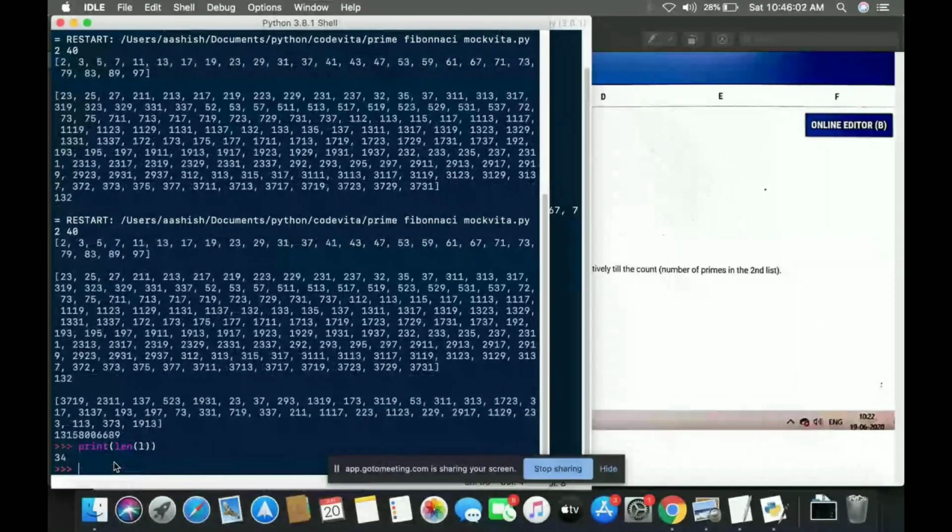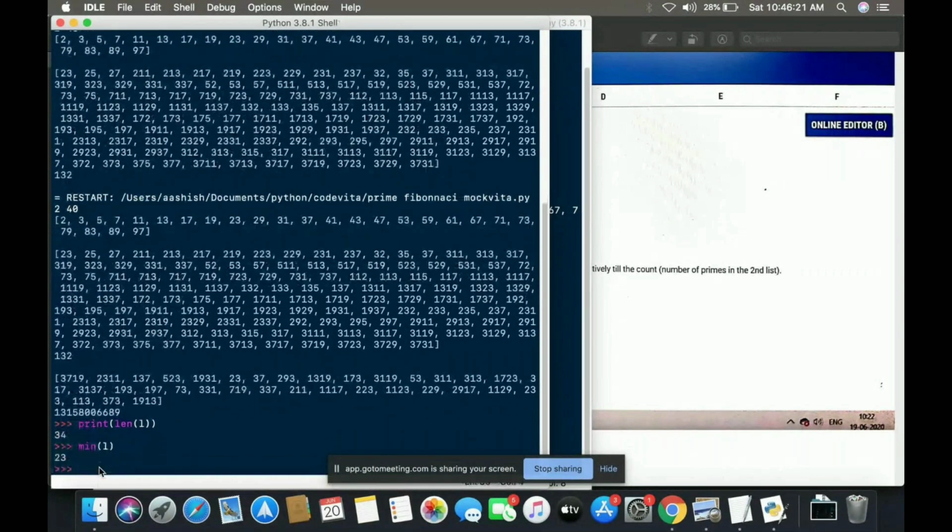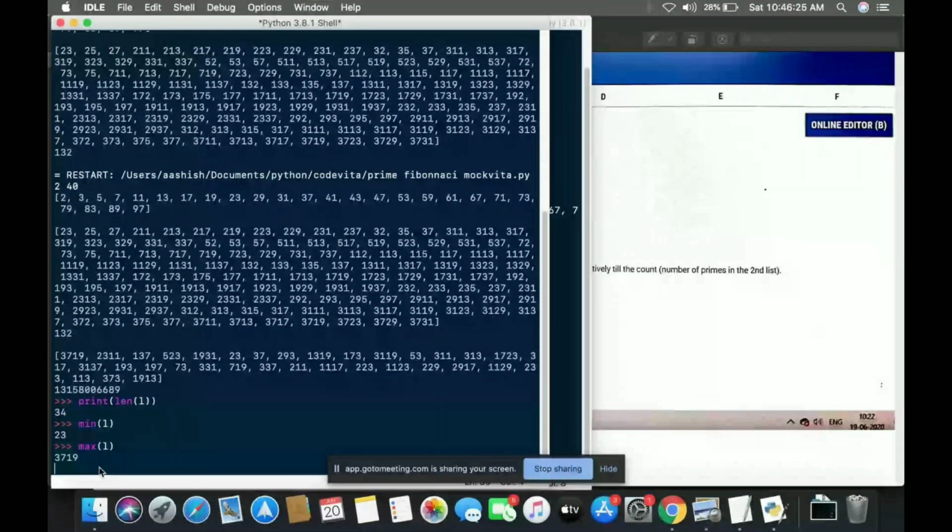Out of 132 numbers, there were only 34 primes, which are 3719, 2311, 137, 523, 1931, 23, and so on. Out of these 34 numbers, I have to find the minimum, which is 23, and the maximum, which is 3719. So 23 and 3719 are my new terms, which I'll call A and B.